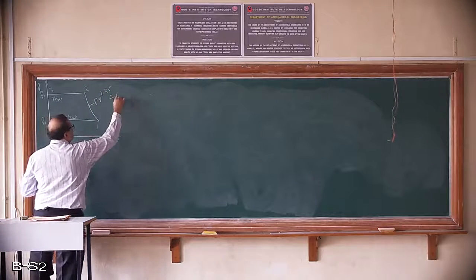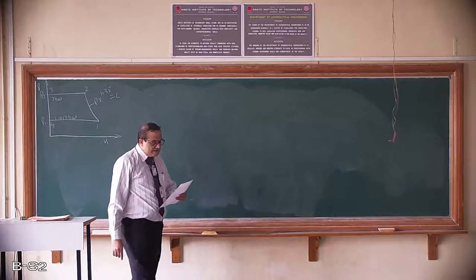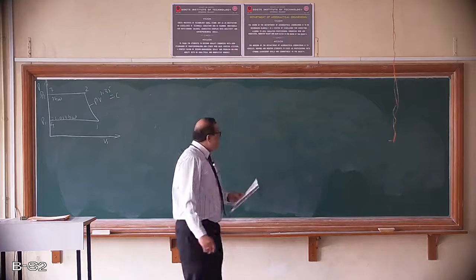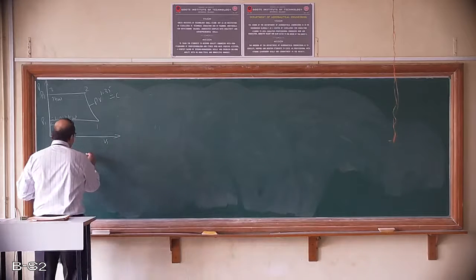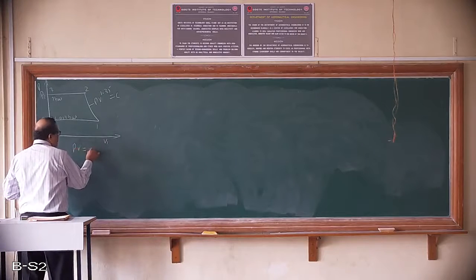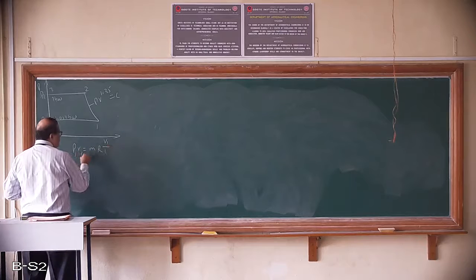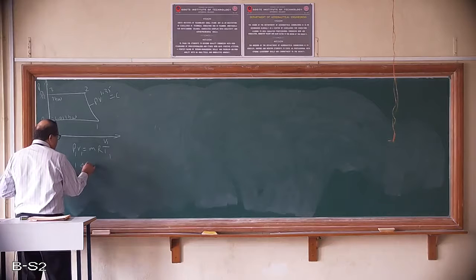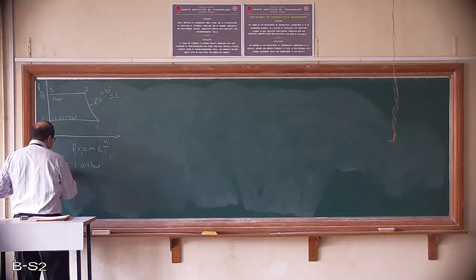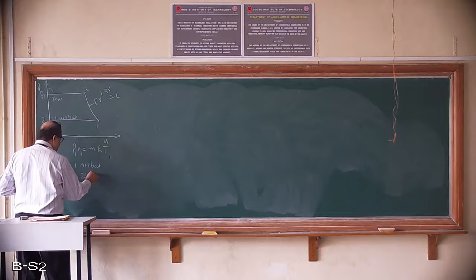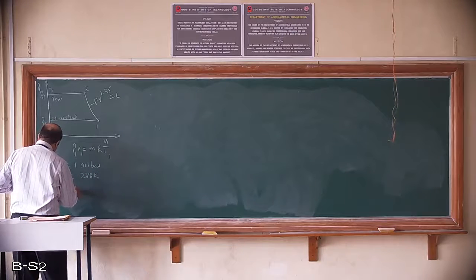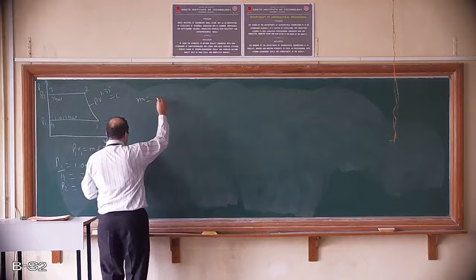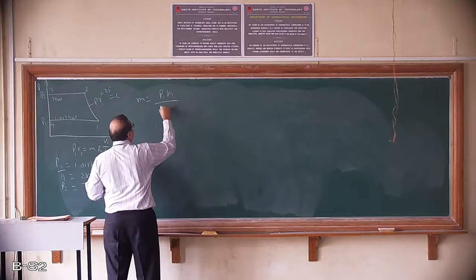is equal to constant. So what we need to calculate here is the mass, because V1 is not known. According to the law, PV is equal to mRT. So P1 V1 is equal to mRT1. But what is given? P1 is given as 1.013 bar, T1 as 288 Kelvin and P2 7 bar. So from this we can calculate mass.